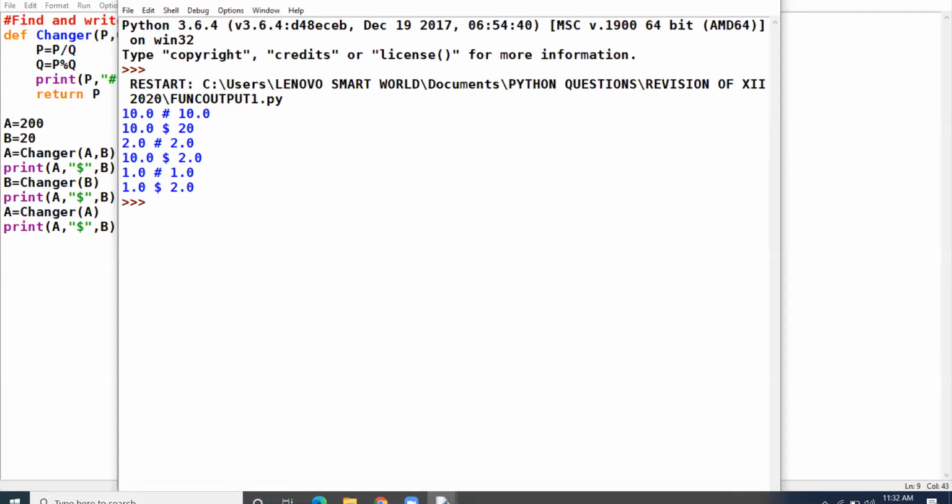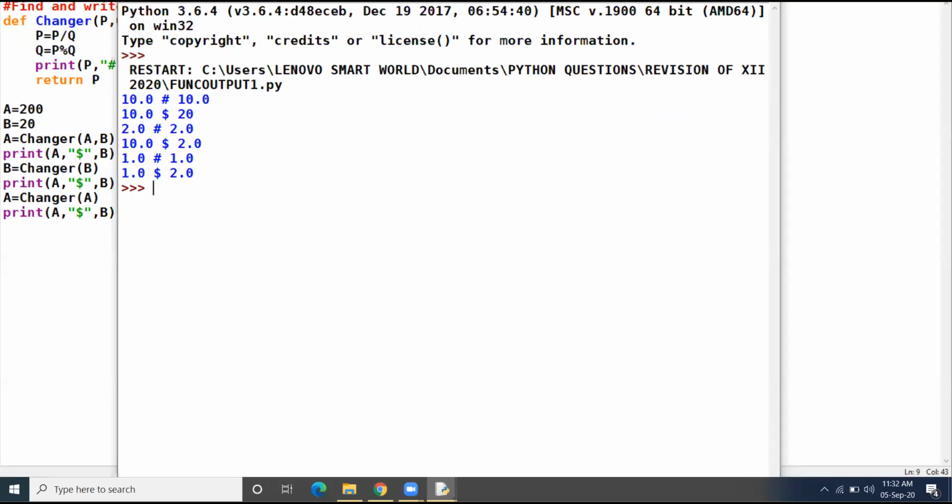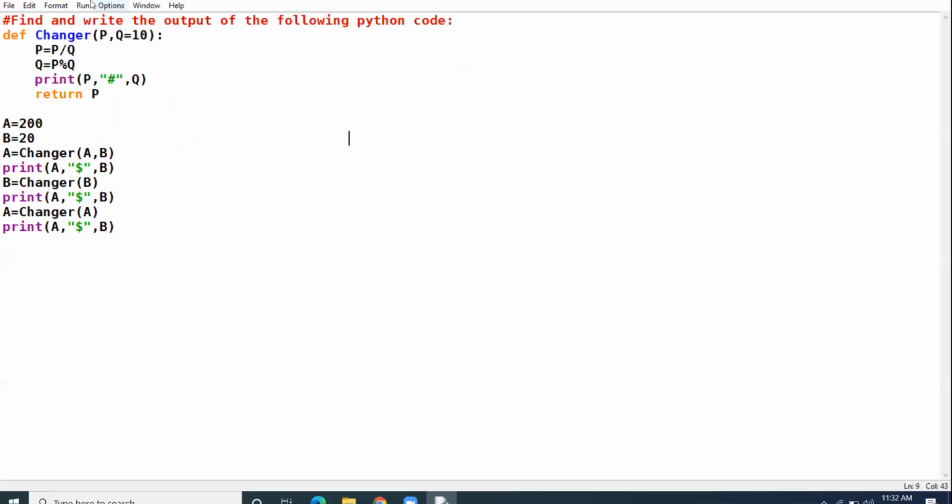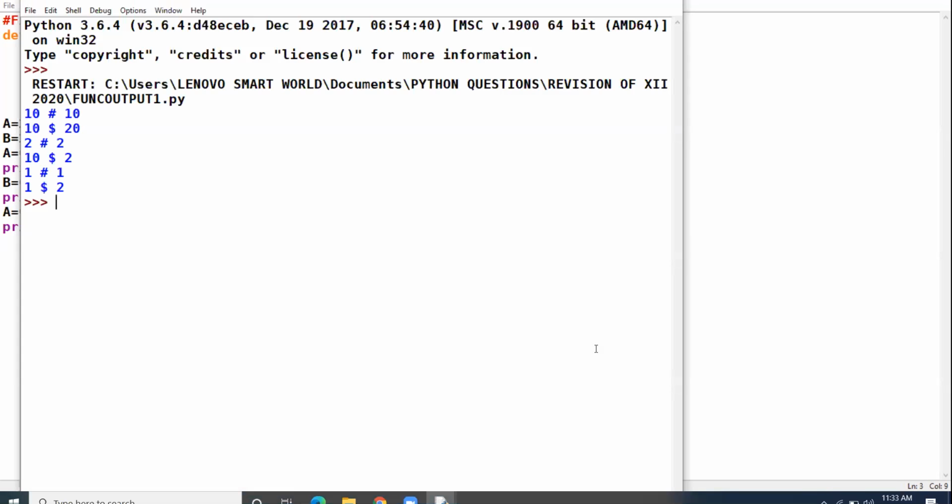Now here I want to make one change. I told you when you have a single divide operator that gives the answer in floating form. If I make it floor division, it will give the answer in integer form. See the change in the answer. Is the change thoroughly clear to each and every one of you?